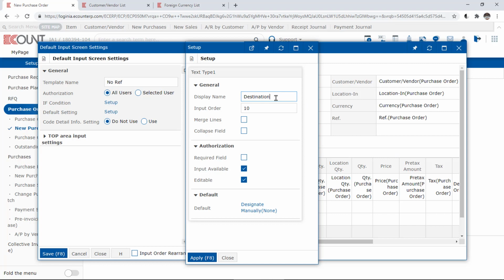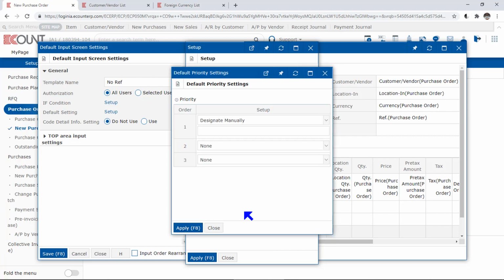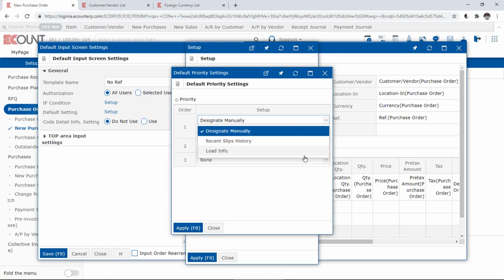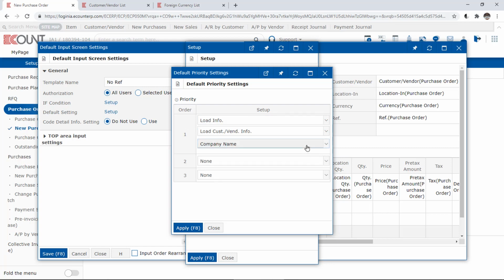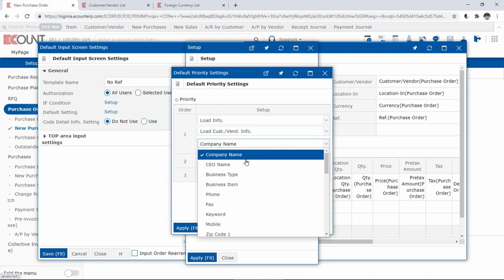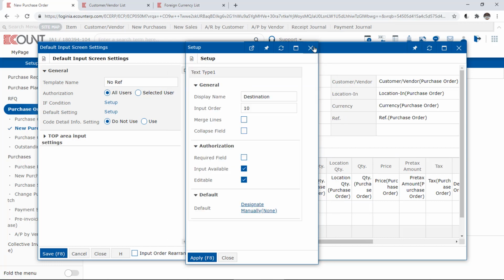And in the Setup window, if you go to the bottom, you can also set the field's default value. Click Designate Manually, and you can either manually designate the desired default value by directly entering it, or you can select another option, such as Load Info, and have the program automatically load the information of the vendor entered in the input screen. And going back to the input screen,